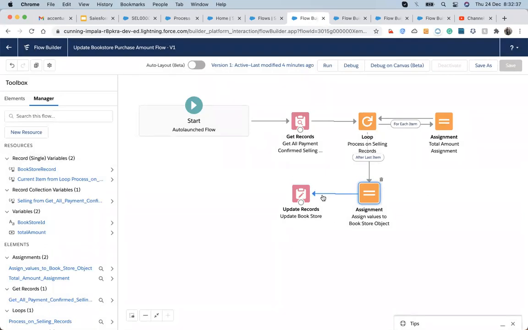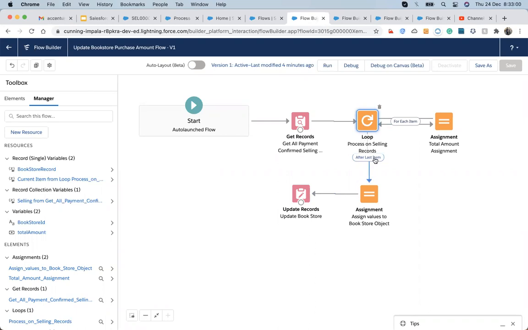We can build any logic, it's no issue. The loop works for each item. I can add more assignments here, and at the end of the assignment I will rejoin the loop, so it comes back into the loop and does the process.